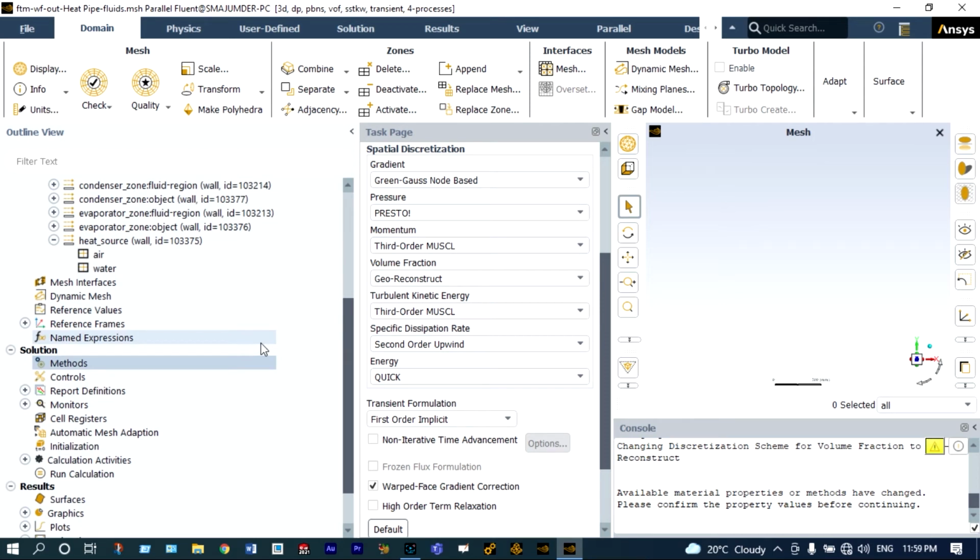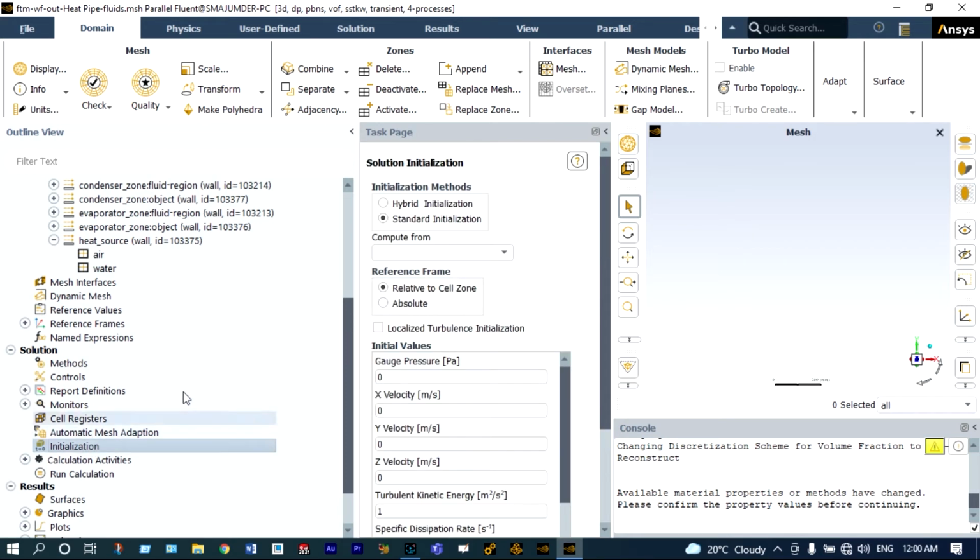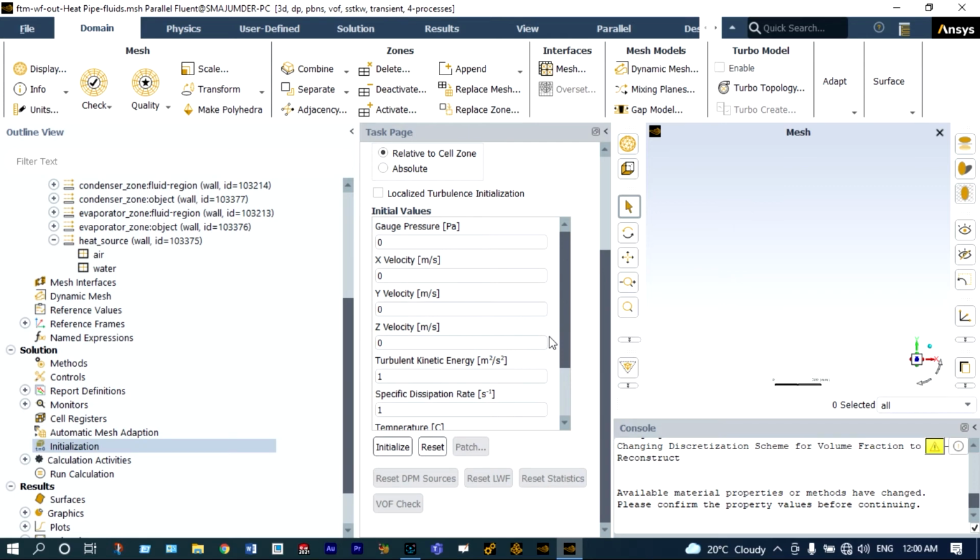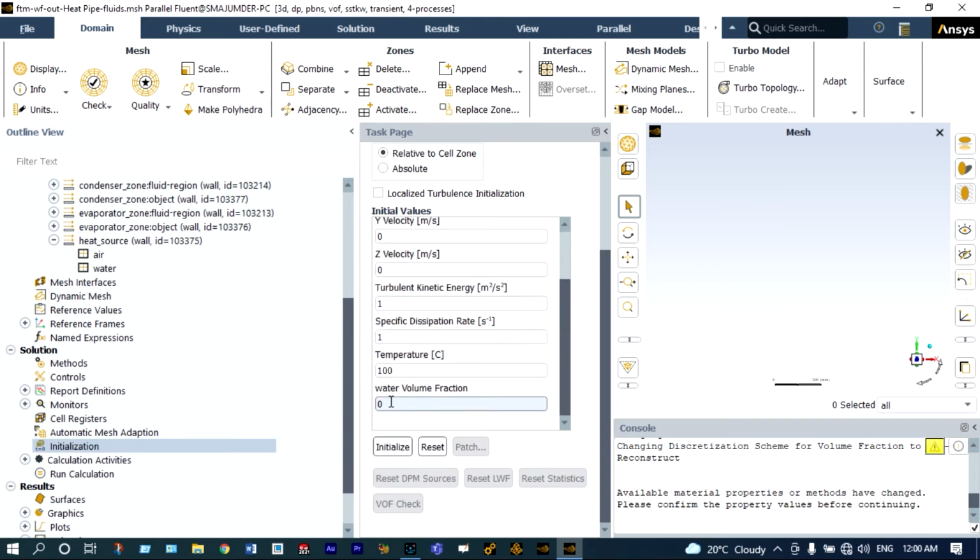Next to that, we need to initialize. We'll start standard initialization, and it will be started from all zones. And here in this case, we need to select water volume fraction inside this one. As I told before, inside this heat pipe, a very small amount of water will be there. So the volume fraction of water, we can say, is equal to 0.05. That means 5% of water will be there inside this heat pipe. We are considering volume fraction of water as 0.05,